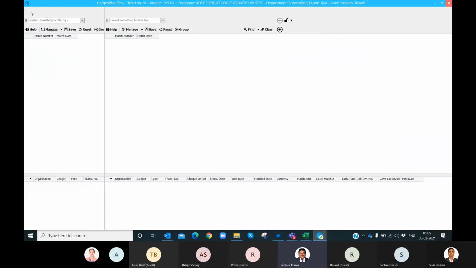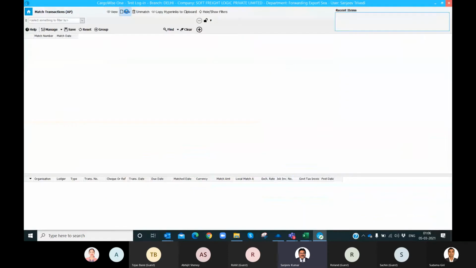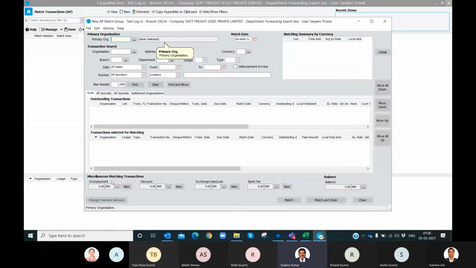And at the matching window, one more thing I would like to mention. At the bottom, you can see discount, exchange gain loss, bank fee. We can pass the entry, and that entry will be a journal entry.